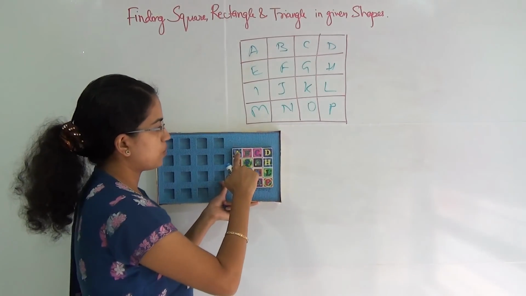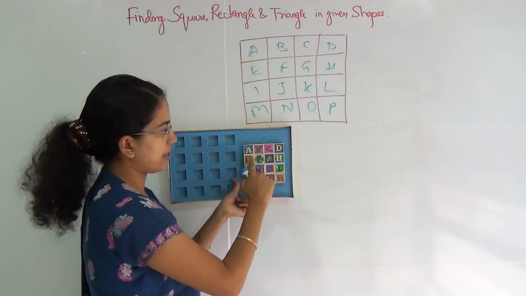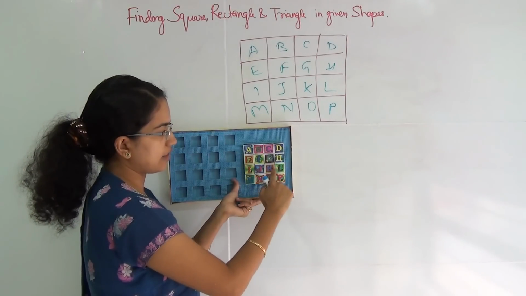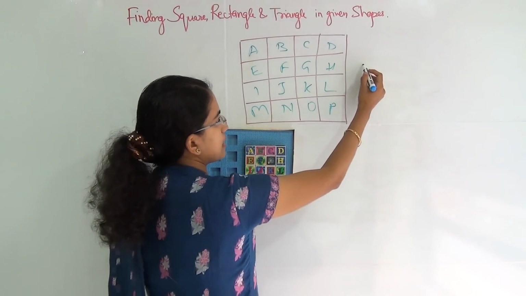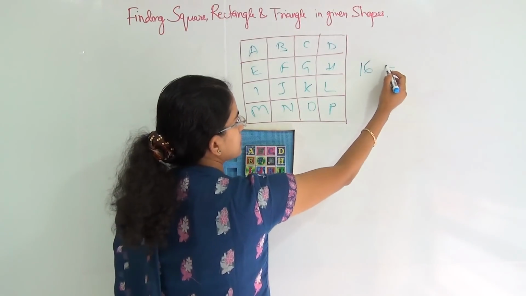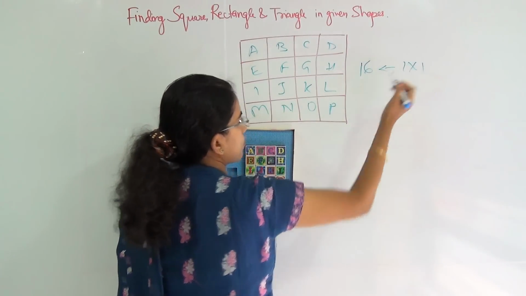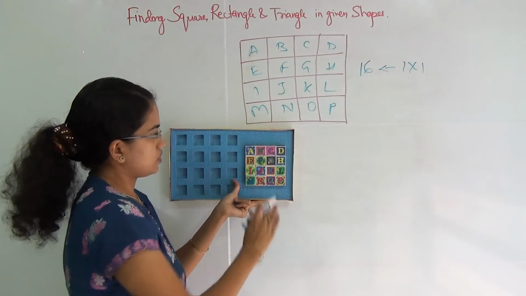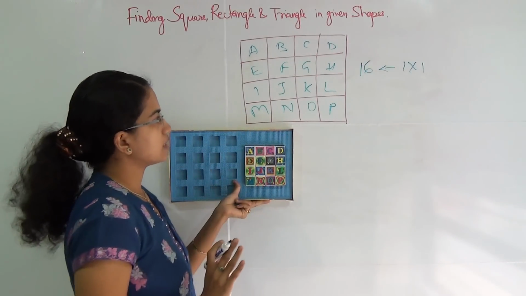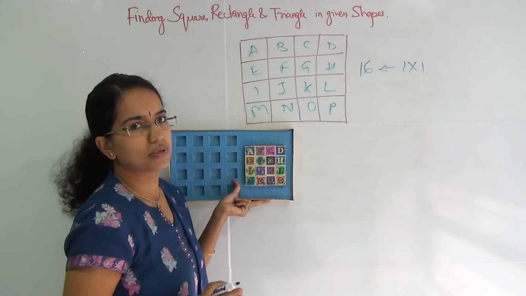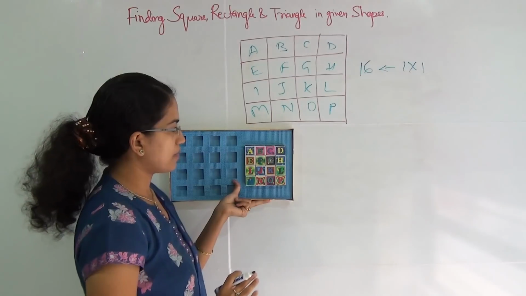Okay, now we will start with counting the squares which are of the size 1 by 1 again. So I will count 1, 2, 3, 4, 5, 6, 7, 8, 9, 10, 11, 12, 13, 14, 15, 16. Okay, so I will say there are 16 squares which are of the size 1 by 1. Okay, so that is the smallest square that is possible in this question. There are no more smaller squares that can be made out of these combinations.